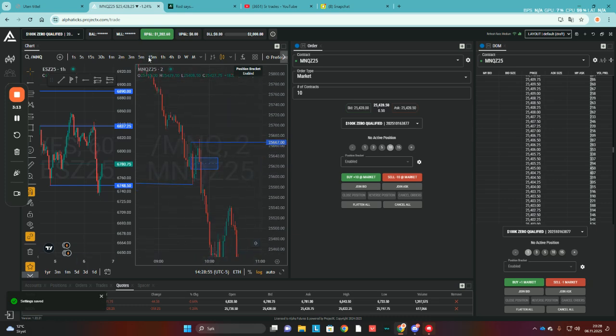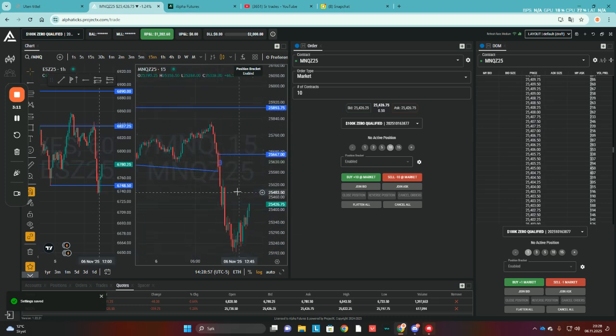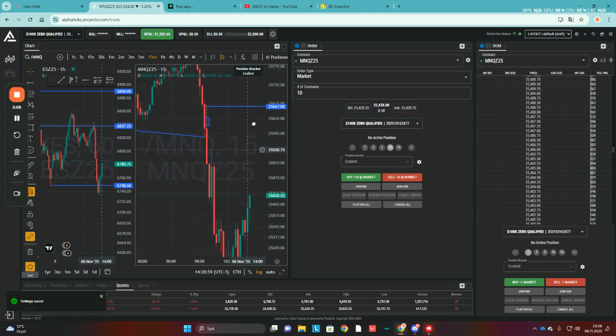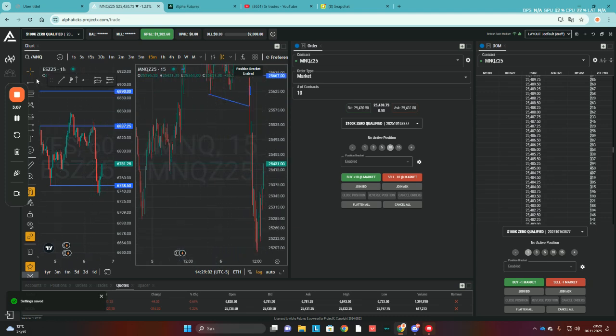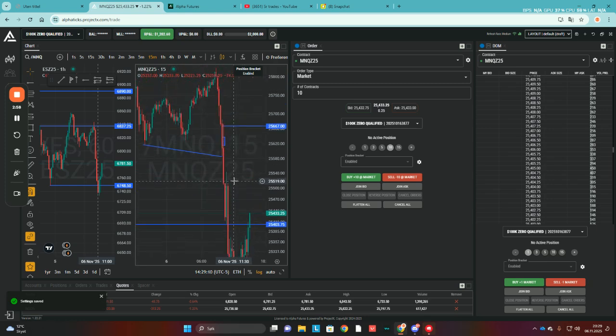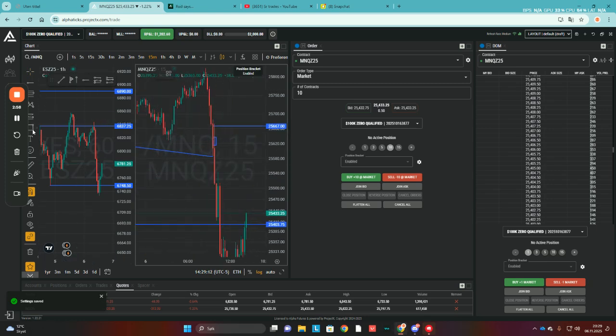So we were just beginning to dump, and I would look for a continuation further down to this low. Yeah, this low right here. I saw that we retraced into a 15-minute gap, and then my first rule on the continuation model is to take a 5 or 15-minute retrace. If you're bearish, then you're gonna go for a bearish 15 or 5-minute.